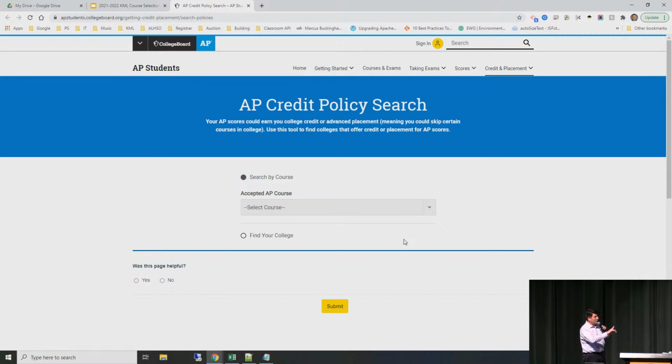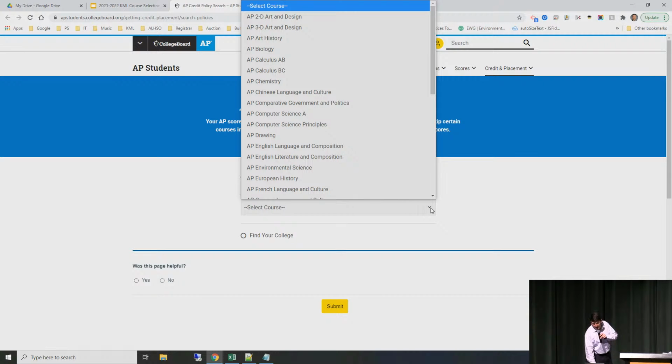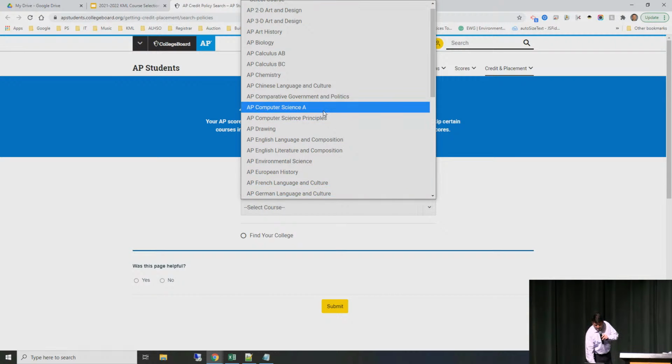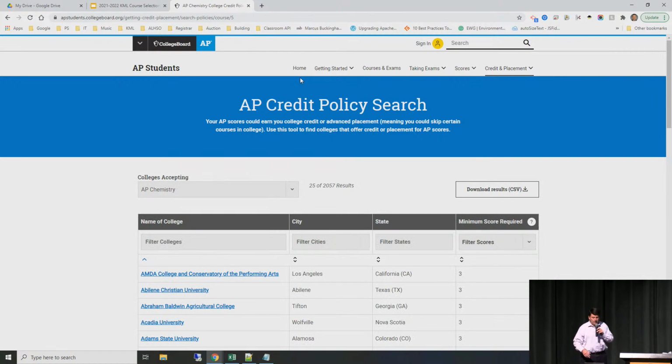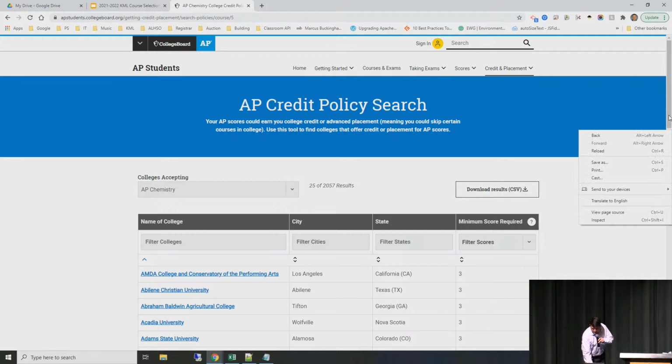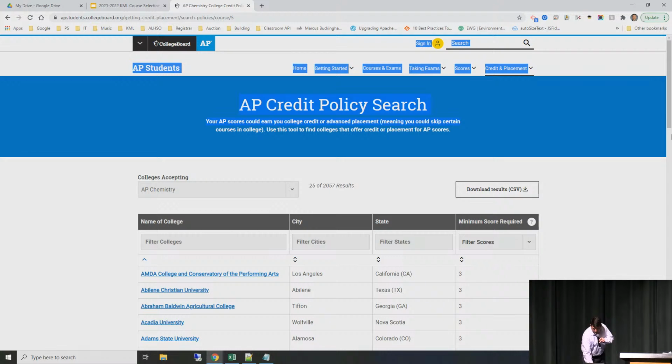One of the links takes you to the advanced placement screen. This is a way that students and parents can see what AP credits are worth and what the testing policies of schools are in general. It has a list of different AP tests. I am looking at the chemistry one. And so then it gives a list of colleges, and